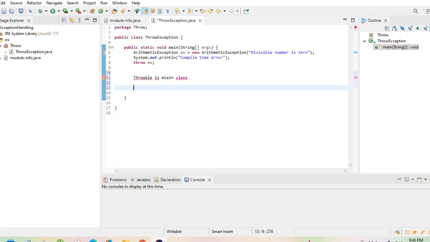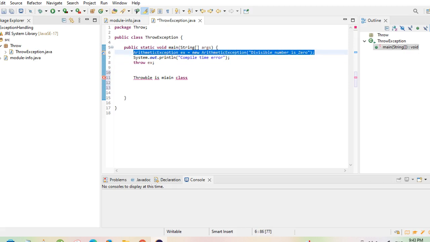So this is the program I have created. I already created this package, and here I have created the object, then I am throwing this message with the help of the throw keyword.